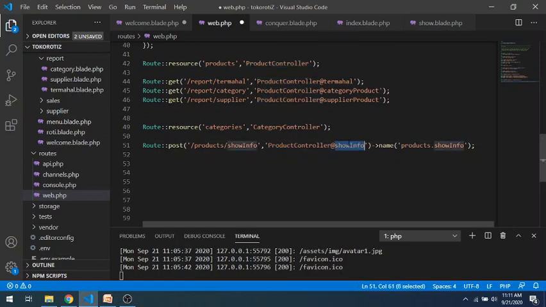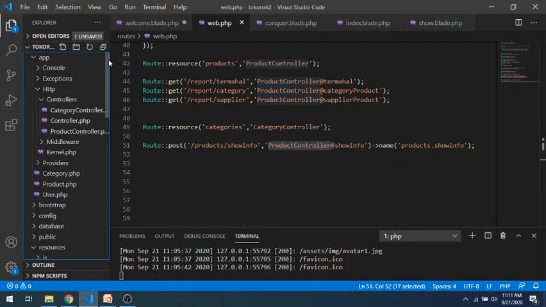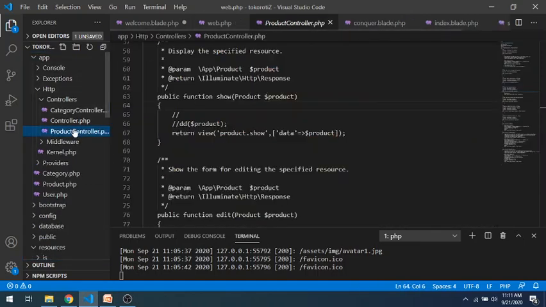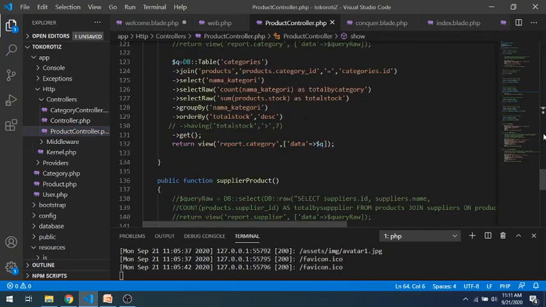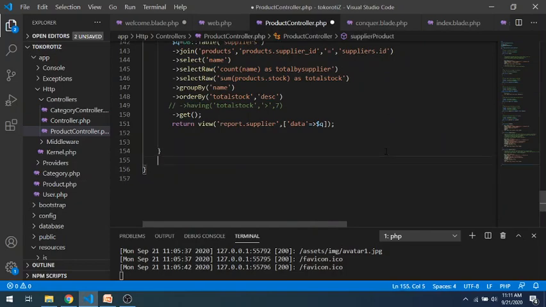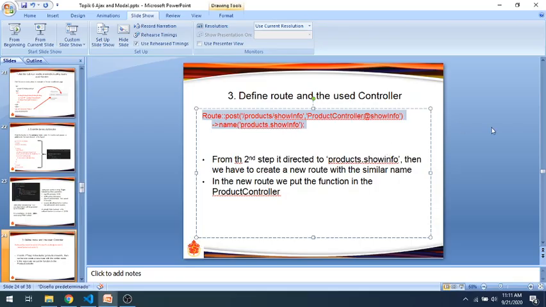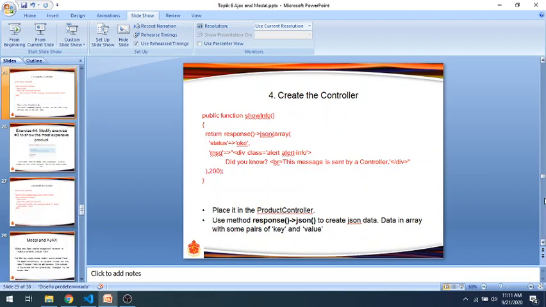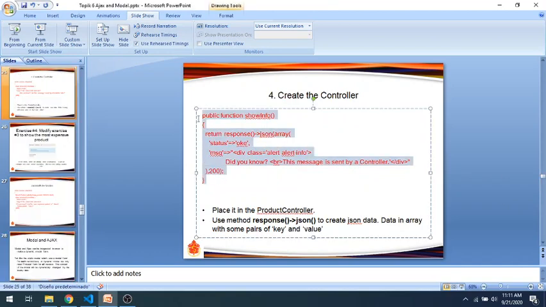So we will continue to create the product controller. Open the product controller and create the showInfo method. Okay. This one is the showInfo method. Just respond with JSON.